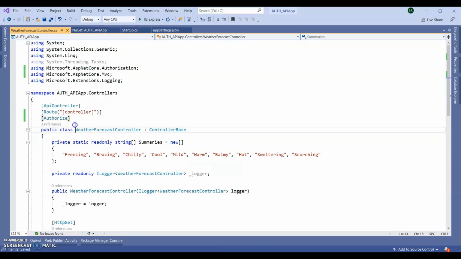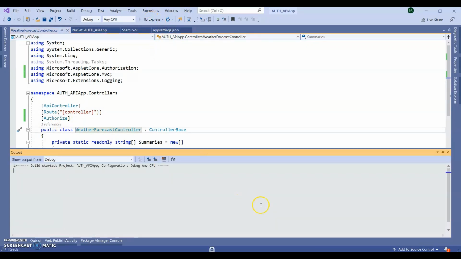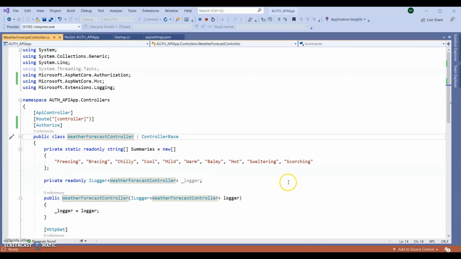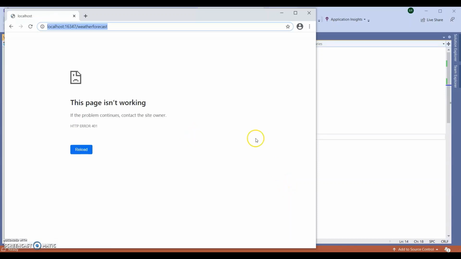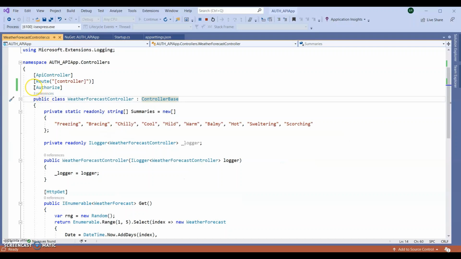Okay, so now run the application and see how it is working. You can see now this controller requires an authorization key to authenticate our web API. So how can we do this?